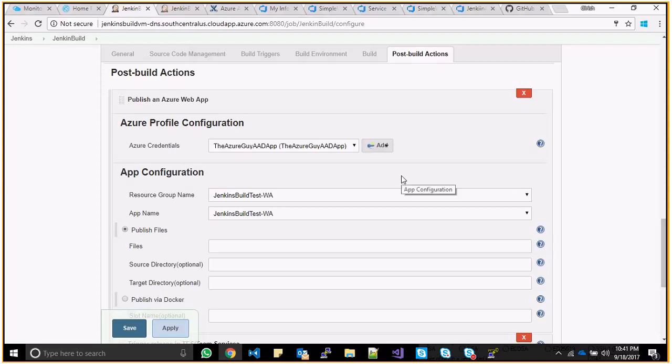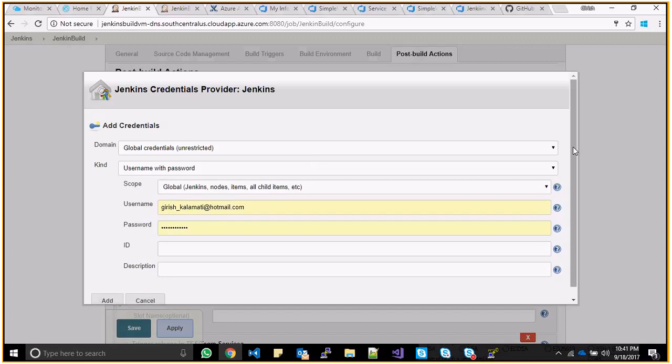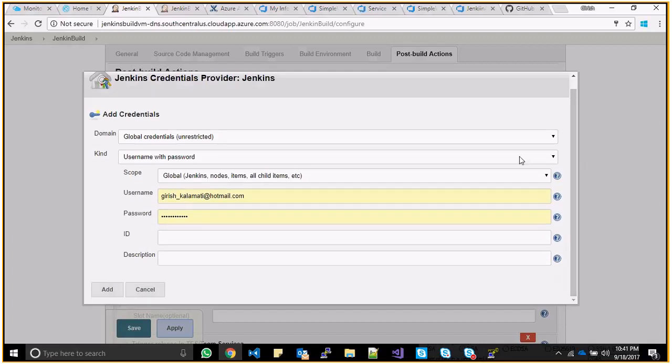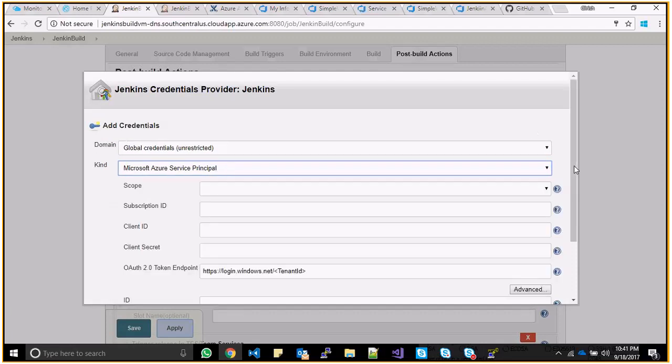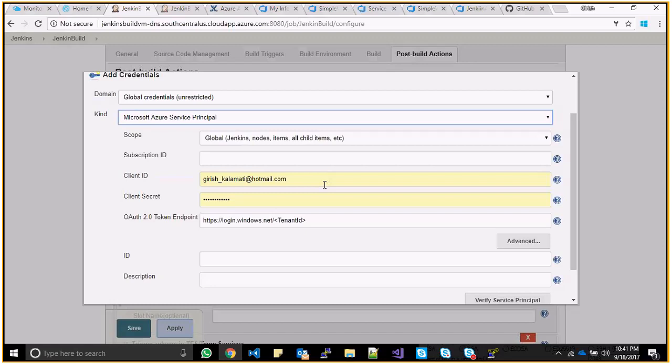You need to add your credentials, your Azure credentials, in case you have an Azure account. The Azure credentials, you can go with the username and password, but I would love to go with Microsoft Azure Service Principal. When I go with Azure Service Principal, it would ask me a few details. This Azure Service Principal would work on the OAuth 2.0 token endpoint. When I talk about OAuth 2.0, it would be a sort of OpenID authentication with my Azure Active Directory. So what I'm going to do is, I'll have